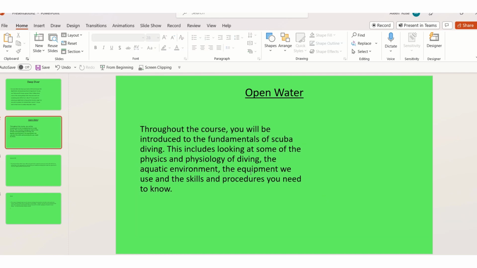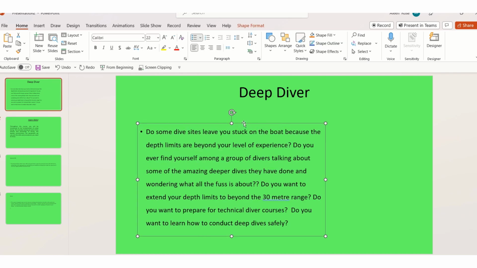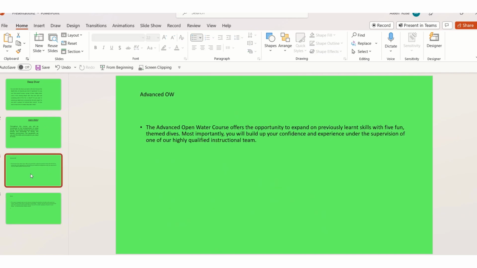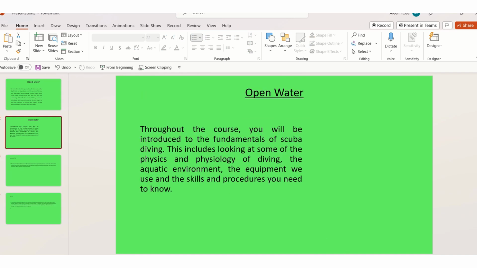I have just kept some space for it. See, I just made it justified so it looks neat. Okay, this is justify. So the first 2 slides I did. Similarly, you have to do these 2 slides also. Okay, then